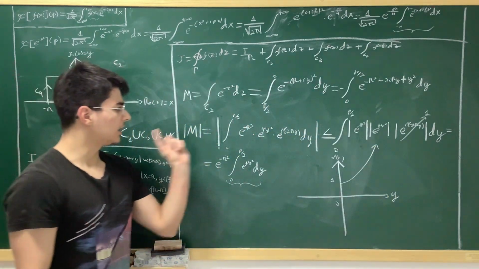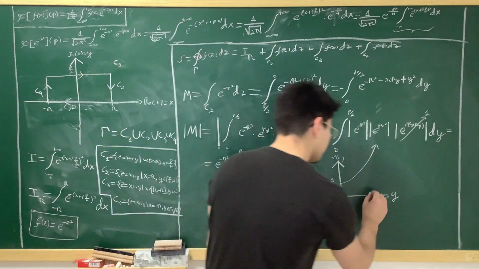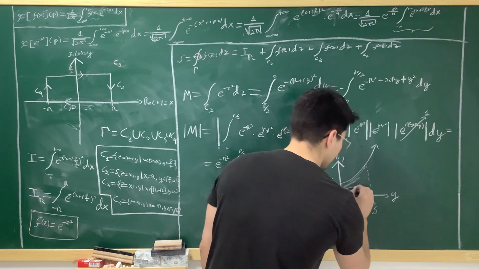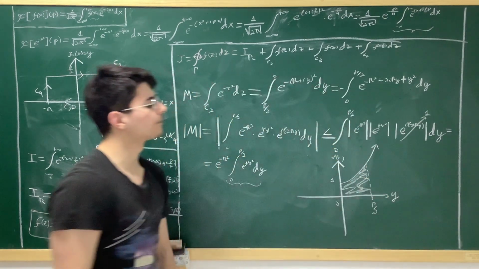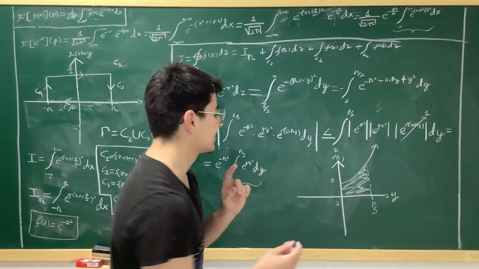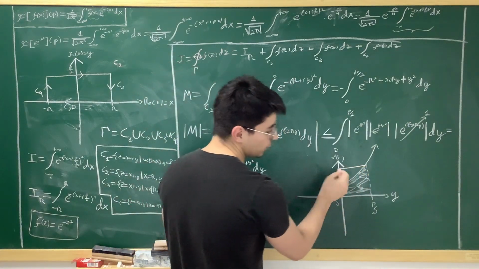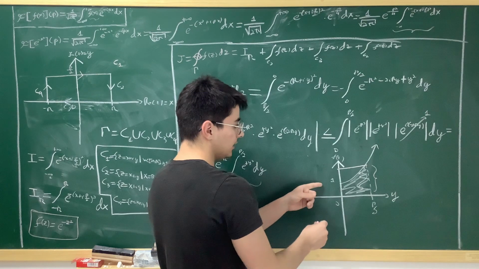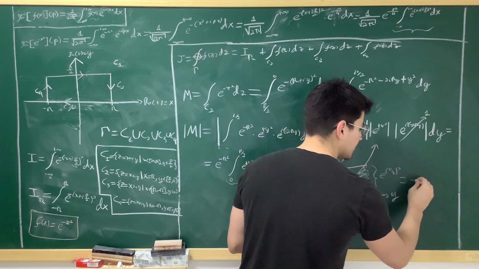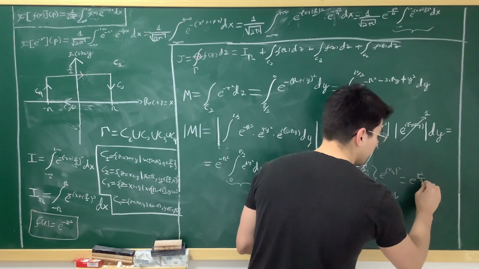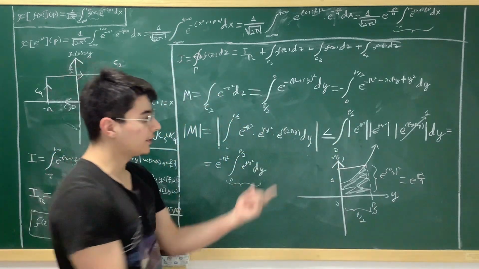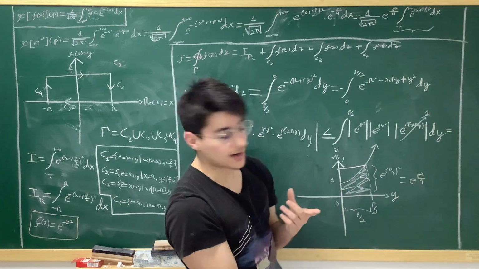Okay. If we go from 0 to p over 2, this integral is going to give us this area. Now, this area, if you look at it, is less than the area of this rectangle. This height is going to be e to the p over 2 squared, which is just e to the p squared over 4, and the base of the rectangle is going to be p over 2. So all of this area is bigger than this, and it is finite because it's just this term